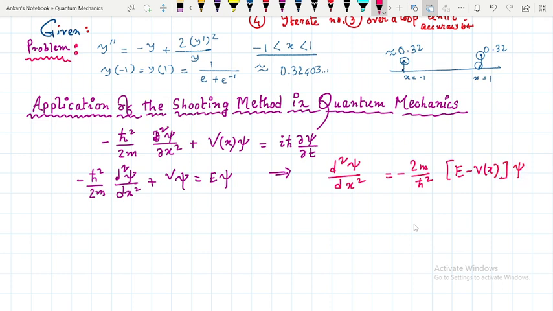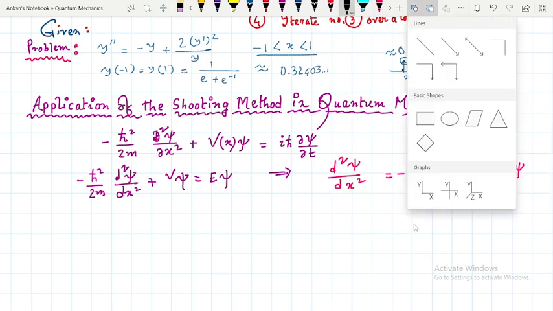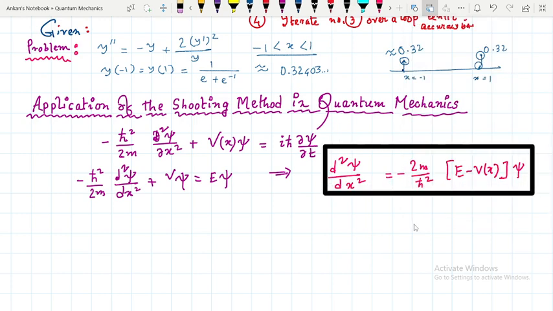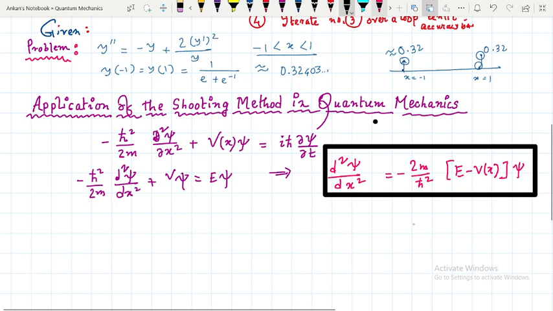Okay, so now you can compare this equation